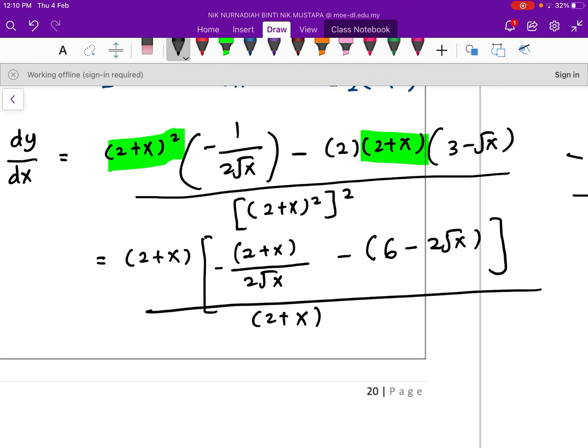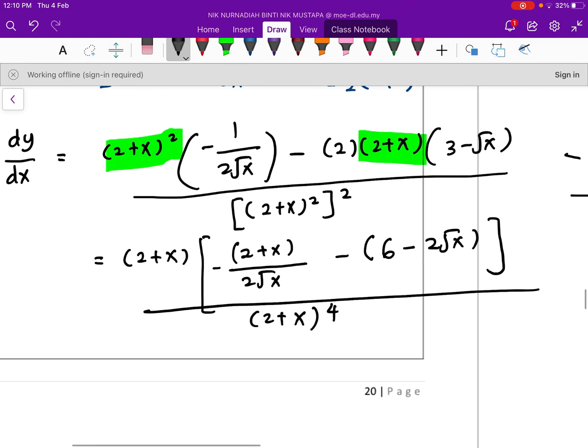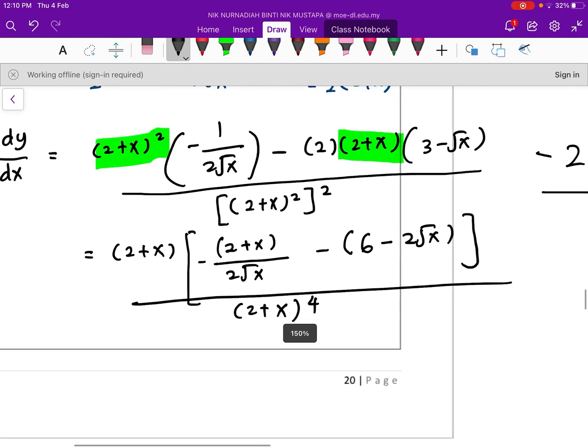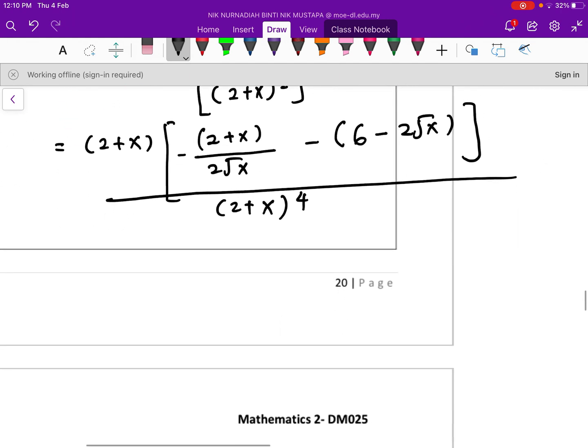Kat sini akan jadi 2 tambah x kuasa 4. Dia bukan dengan budak nangis tu bukan penderaan tau. Dia memang high need baby. Okay. So this one boleh cancel out ni. Dia akan jadi 3 sahaja dekat sini. So this one akan jadi negative 2 plus x over,